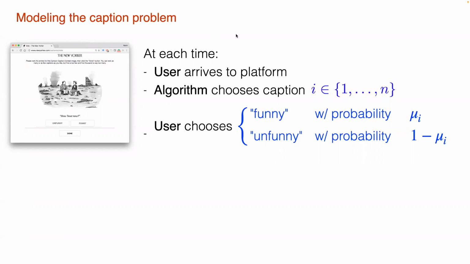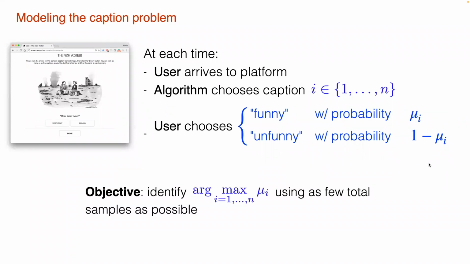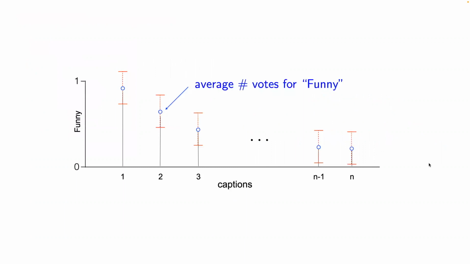Okay, so the idea here is modeling this as a bandit problem. The user arrives at the platform, the algorithm chooses a caption from 1 to n, and then the user votes funny or unfunny with some probability mu_i. The objective here is to identify the argmax of mu_i using as few total samples as possible. This is a model that will fail in many ways, as we'll discuss in a moment. But the idea, if I was giving an algorithms talk,